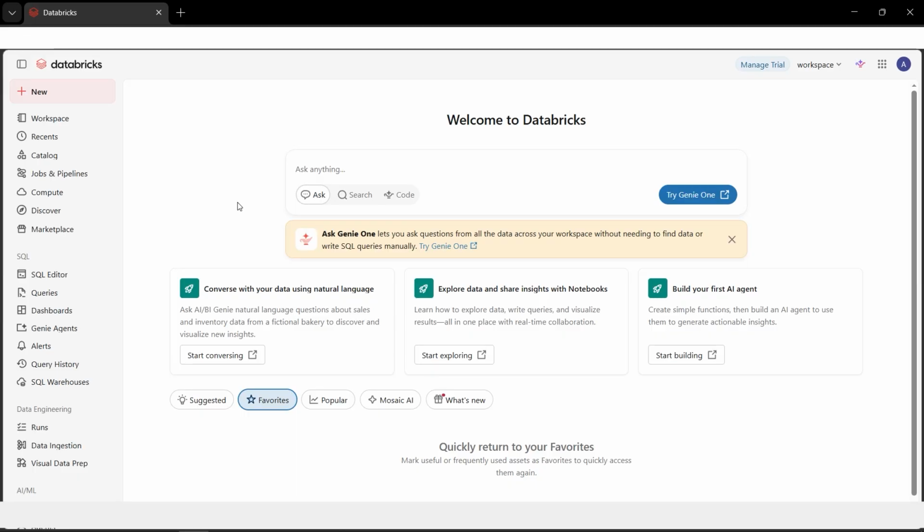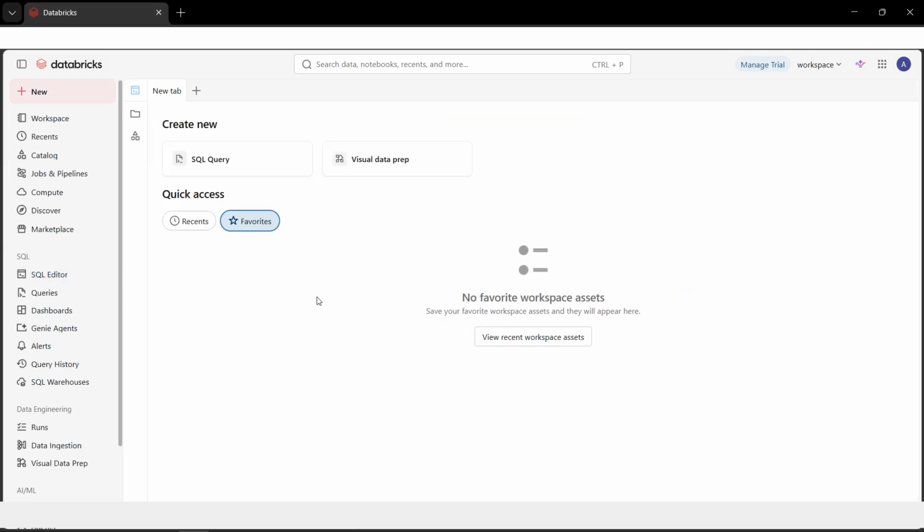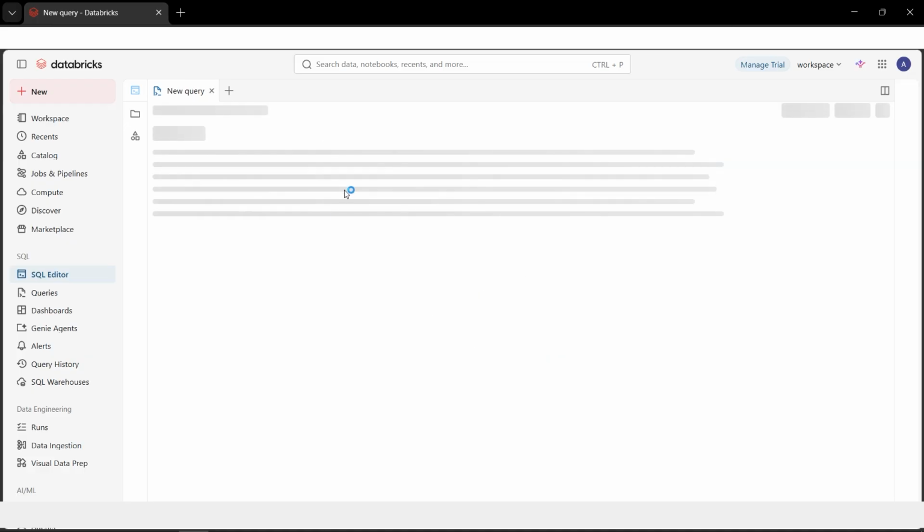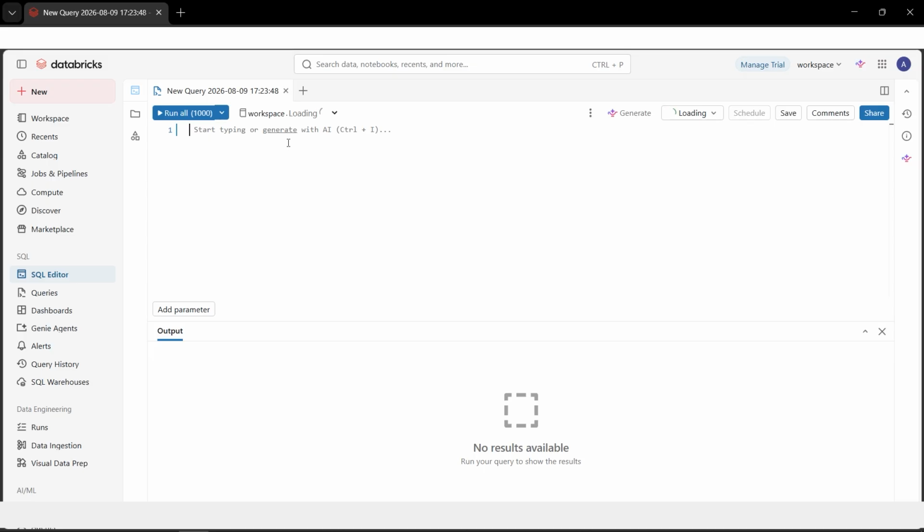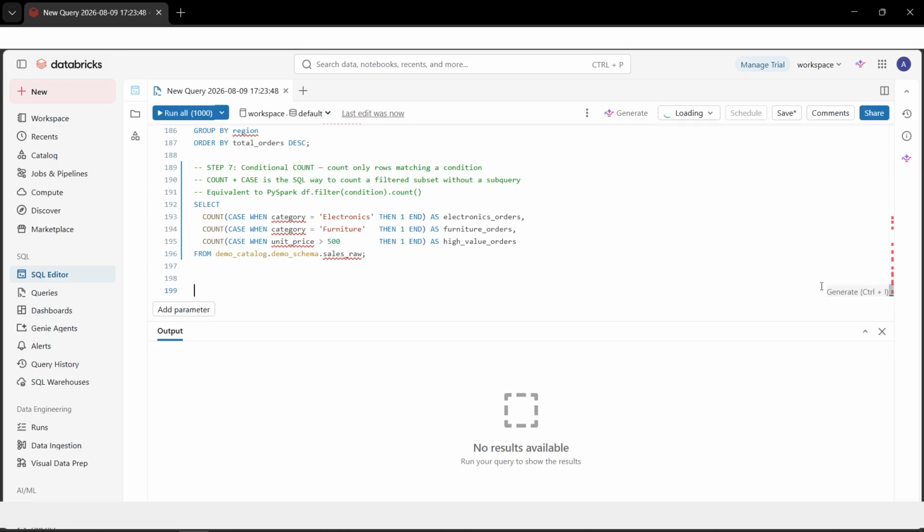All right, let's begin now with data deduplication and count. We'll go to the SQL editor this time. We'll write the entire query using just SQL. Let's click SQL query here. Let's paste our code. So please note